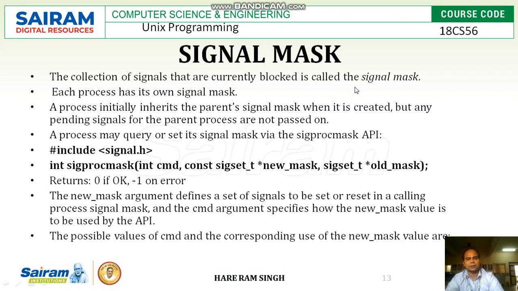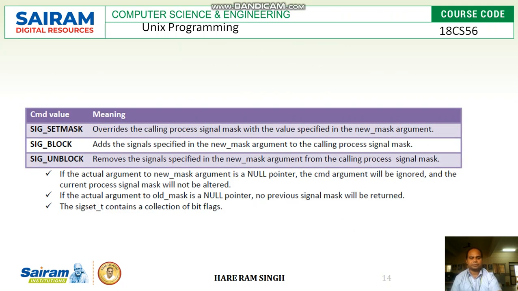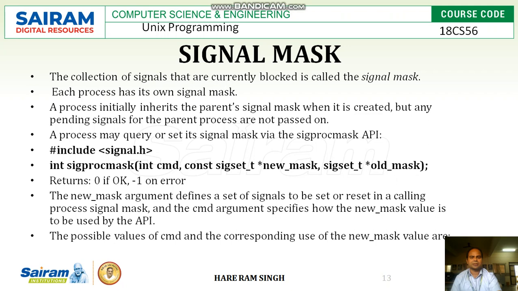Next one is signal mask. What is signal mask? A collection of signals that are currently blocked is called the signal mask. As we studied in the previous slides, when signals are sent to a process, the process can make the signals wait, or it can block the signal. So suppose a set of signals are blocked for a process. Those set of blocked signals